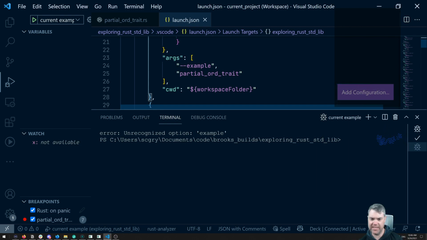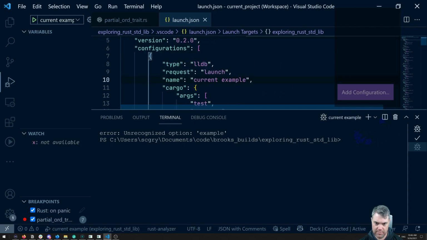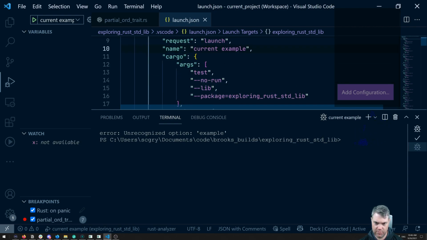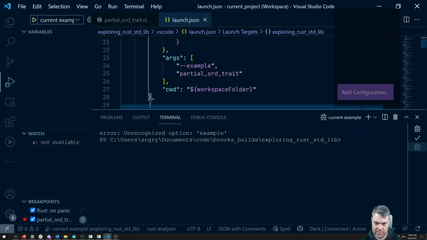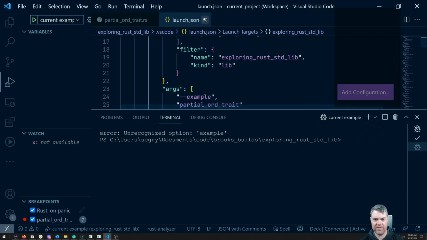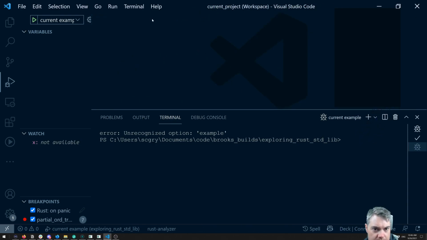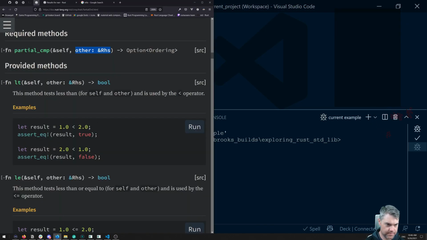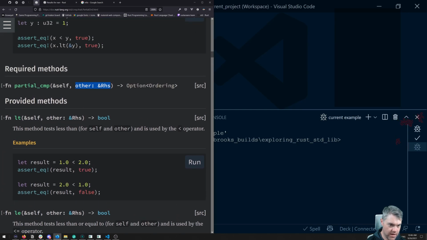But I guess I need to figure out a little bit better to get it working the way I want it to. I'll have to play around with that later. Okay. All right, so